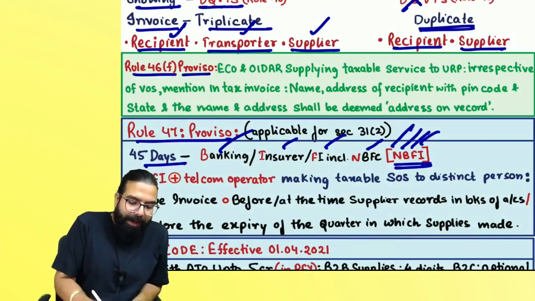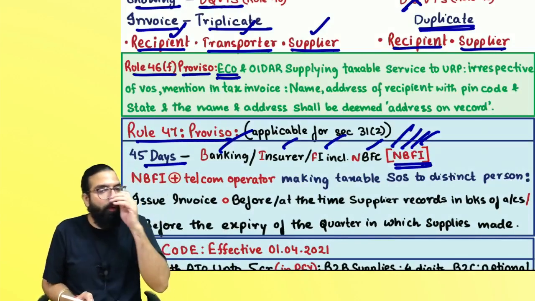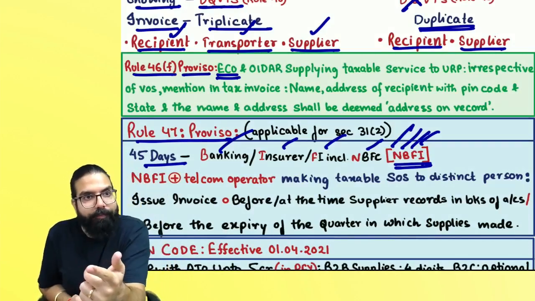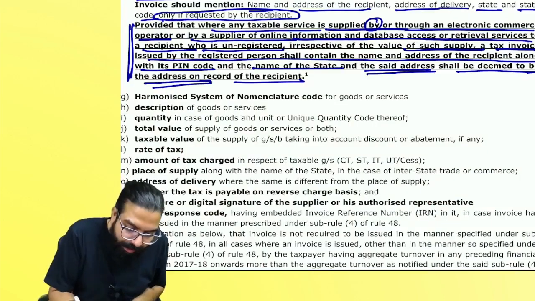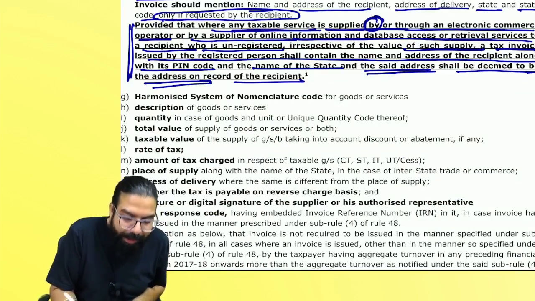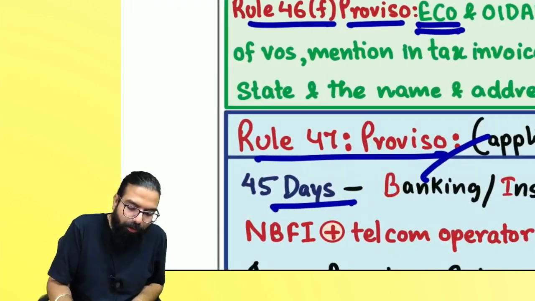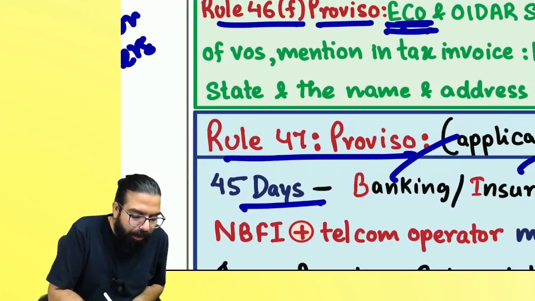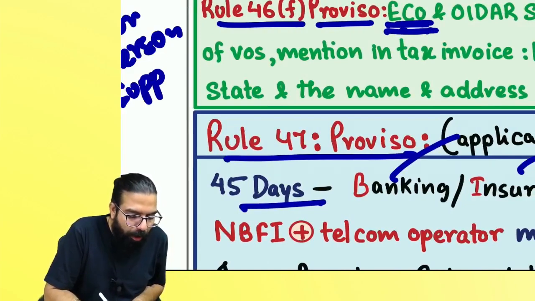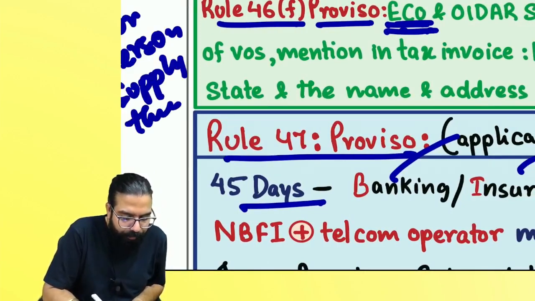And here, if you are an e-commerce operator supplying, or a person supplying through e-commerce, what should you do? If a taxable service is supplied by an e-commerce operator or through e-commerce, if you are a supplier, you can write here: e-commerce operator or person supplying through e-commerce. In both cases, supplying through